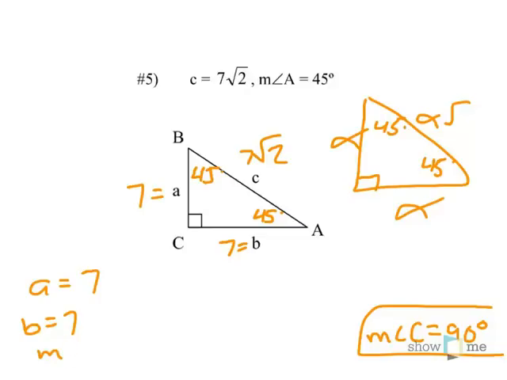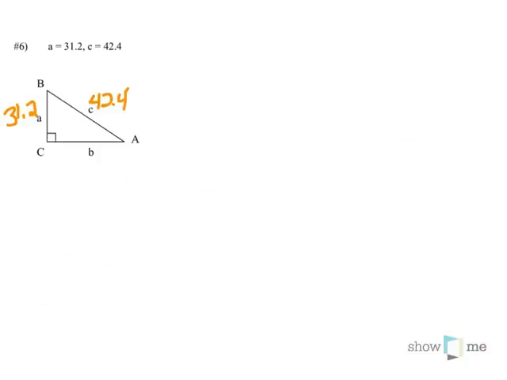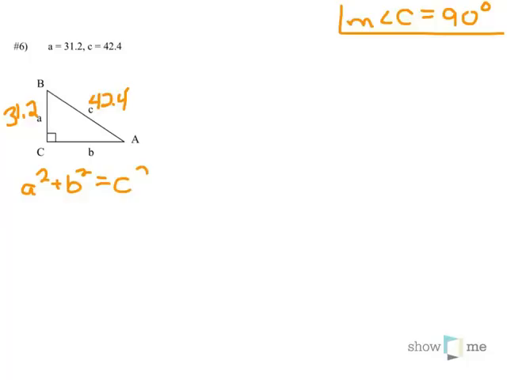This next problem, once again, measure of angle C with no work. It's a right angle. It shows the little box down there. It means it's 90 degrees. Side B, we could use the Pythagorean Theorem. A squared plus B squared equals C squared. A is 31.2. Don't know what B is. C is 42.4. Using a calculator, 31.2